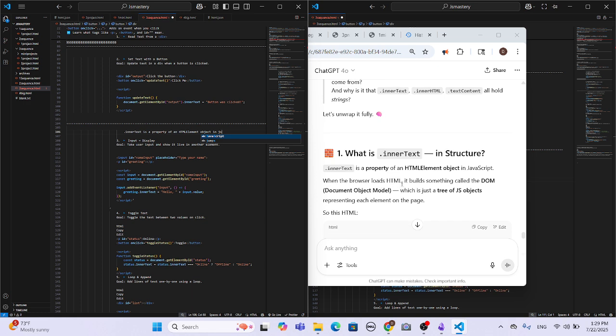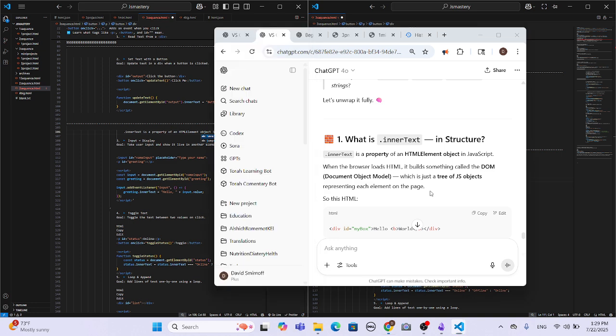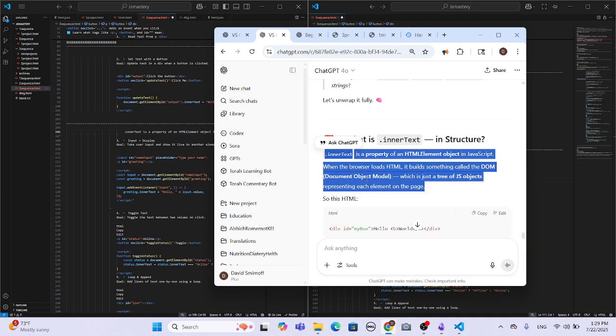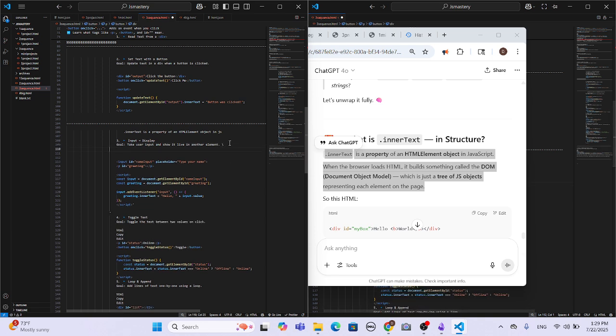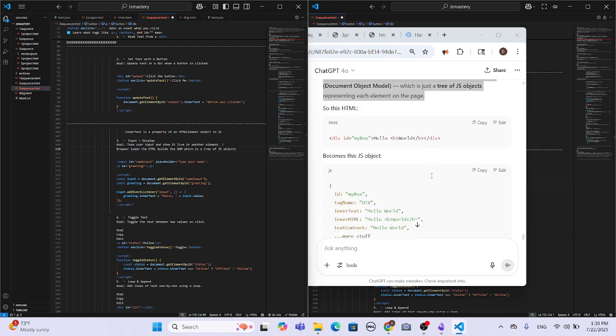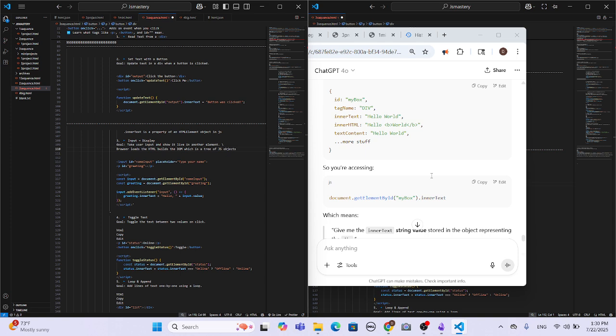When the browser loads the HTML, it builds something called a DOM, which is just a tree of JS objects representing the page. The browser loads the HTML, builds the DOM, which is a tree of objects, which become JS objects. So you're accessing